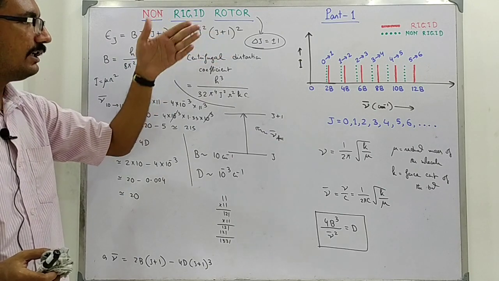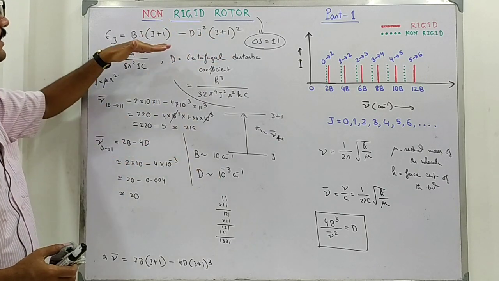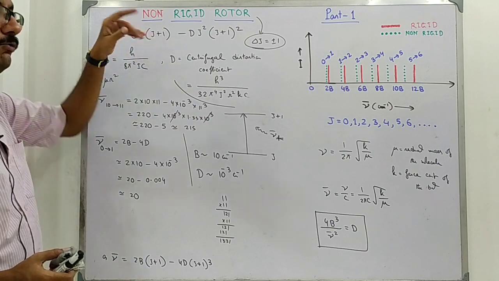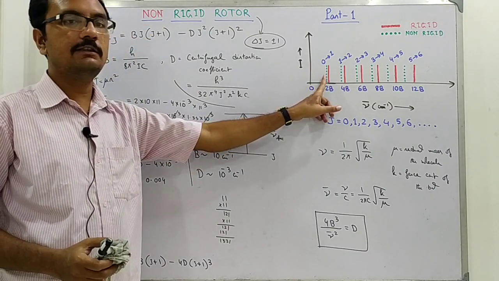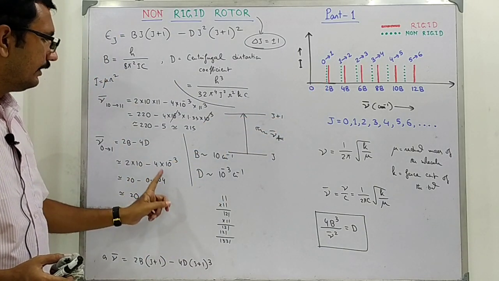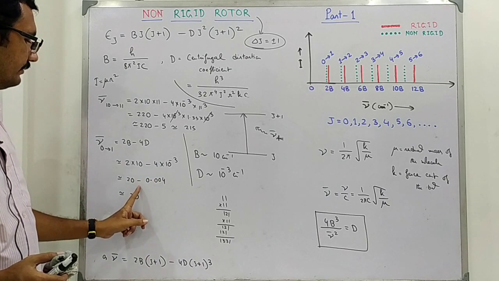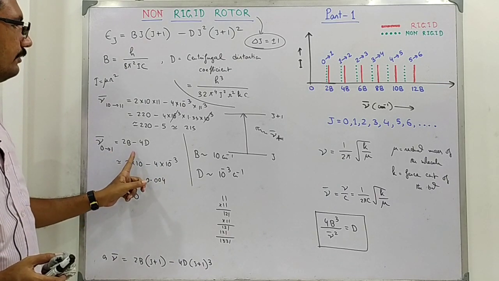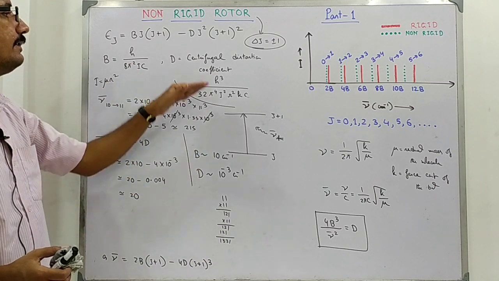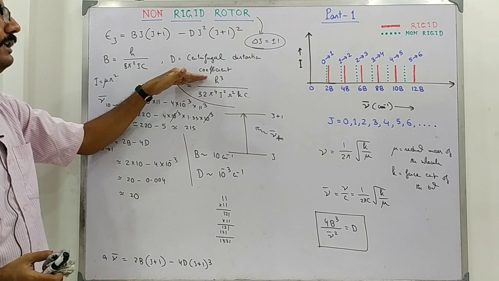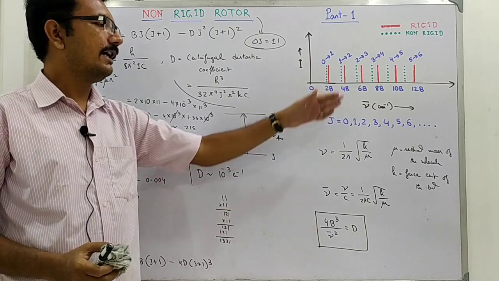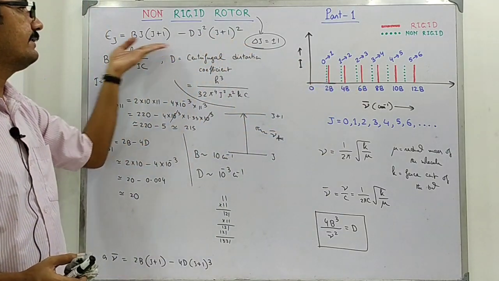But to make our life simple, if we consider only this expression, that is the expression for the rigid rotor, then you must choose the first line, since in that case the amount that is getting subtracted from the B value is negligible, and when the J value is very small, the centrifugal distortion coefficient can be neglected to a good approximation. So, with higher values of J, you must deal with this expression.